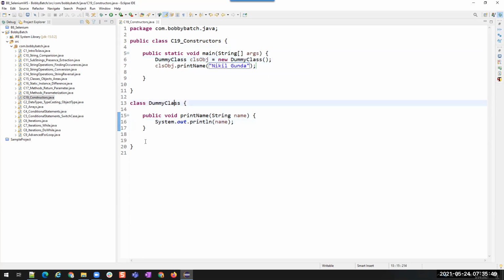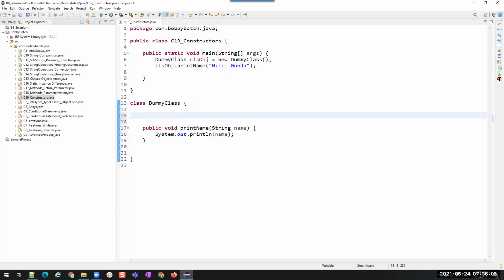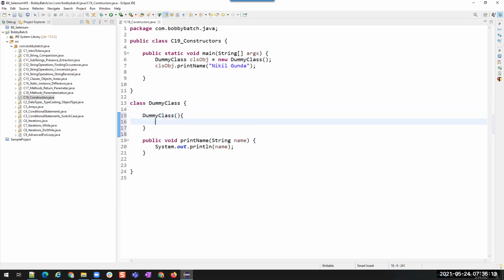By default, if you don't have anything written for the constructor, whether it is present or not, Java will assume that there is an empty constructor inside this class. That empty constructor should always have the same name as the class. See, the class name and the constructor name are both the same.